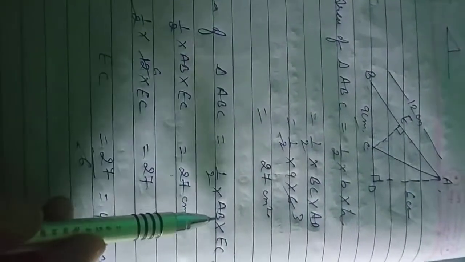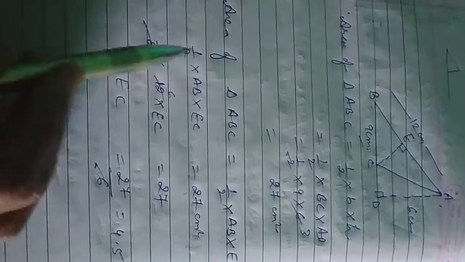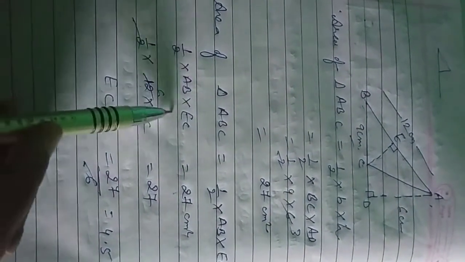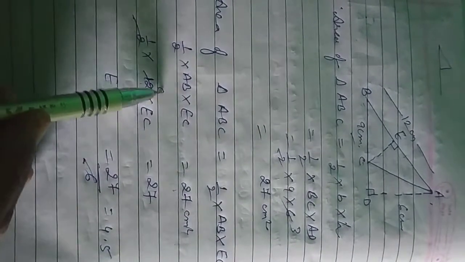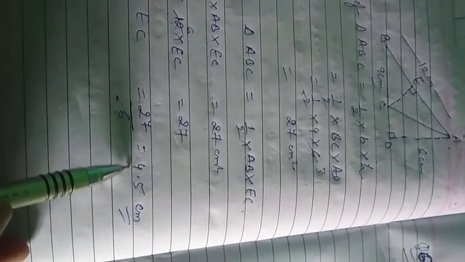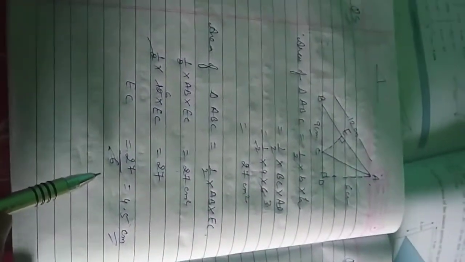Okay, but the area as we have taken out before, we can put this area here because both are the same triangle, and here AB into EC we will write, and value of AB is given 12 centimeters, so we will write it, EC we need to find. So just cancel out this 2 6 and this 6 will come in divide. So EC value we will get 4.5.